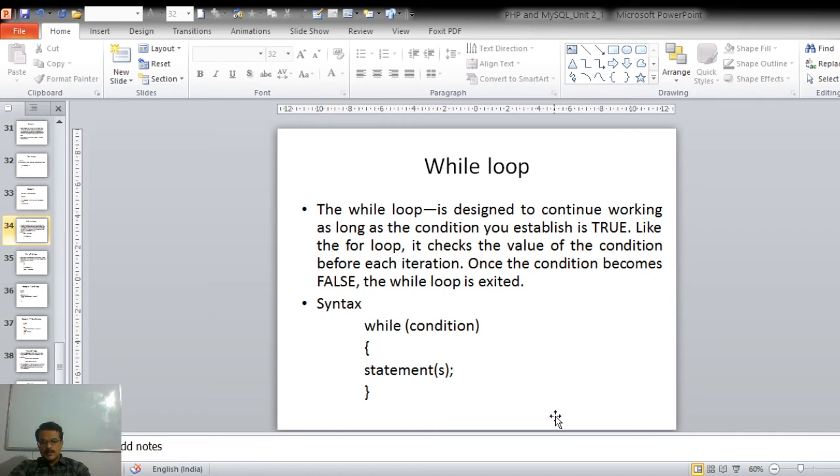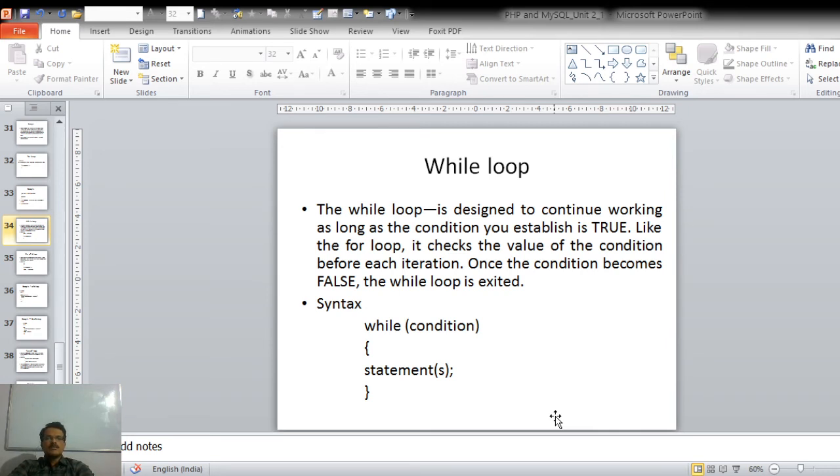So whatever programming logic we can implement by using the for loop, the same can be implemented by using the while loop also. The only difference between the while loop and for loop is that in the while loop we have to write 3 different statements, one for the initial value, second for the condition, and third for the closing expression, whereas we can write all 3 in a single statement when we use the for loop.